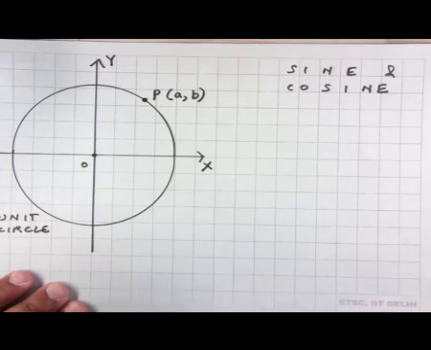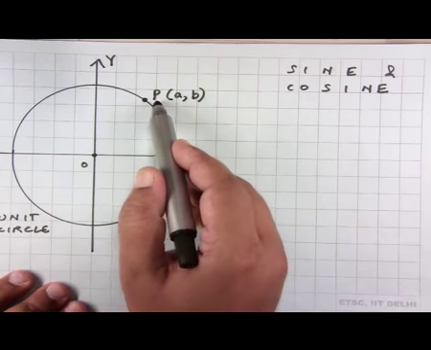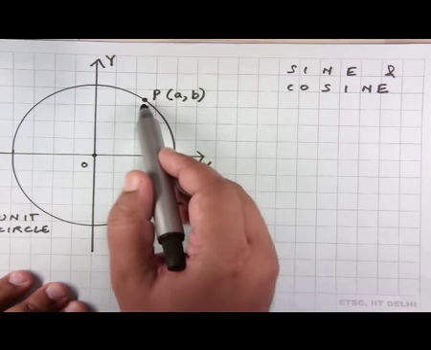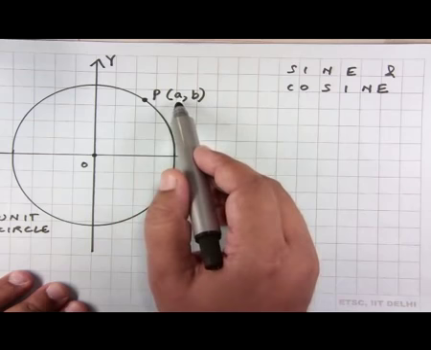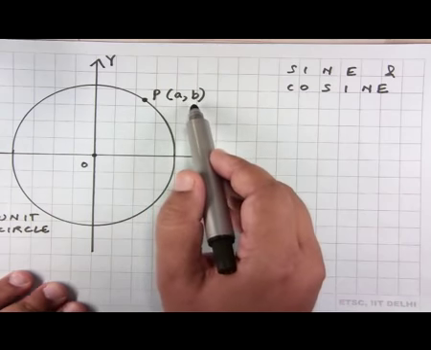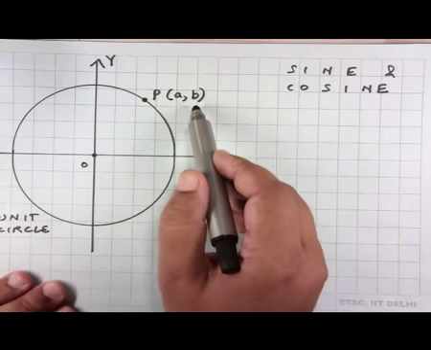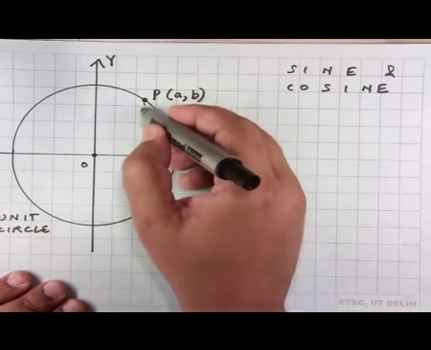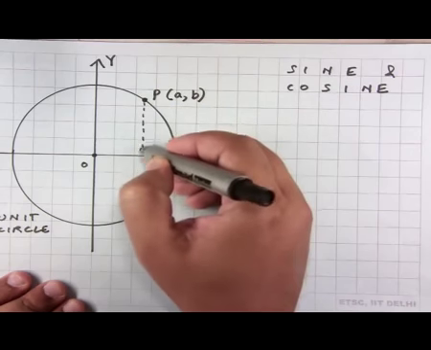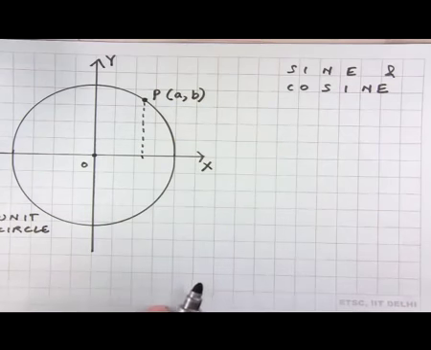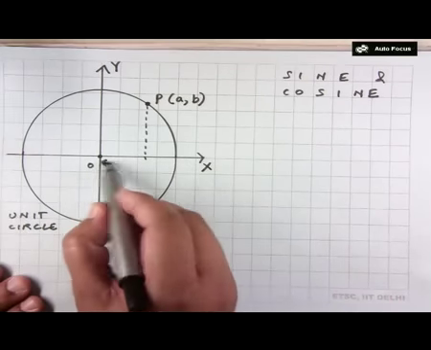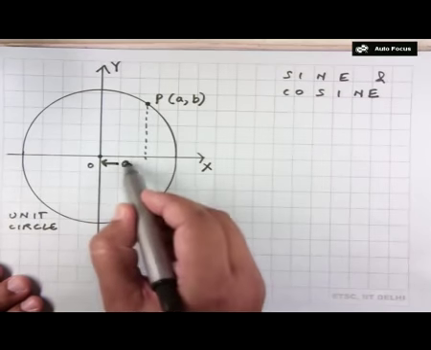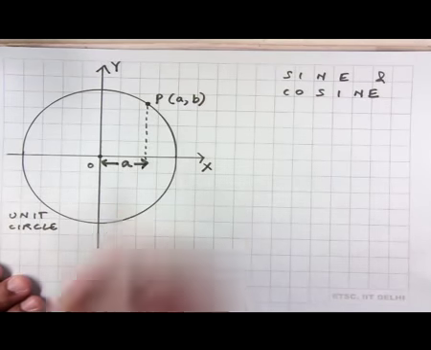Now, consider this point P on the unit circle here, whose x and y coordinates are a and b respectively. What this means is that if you project this point onto the x axis, then this length is equal to A units,